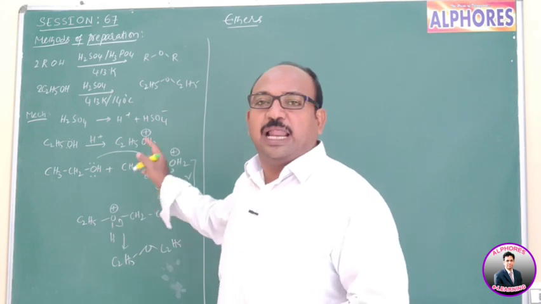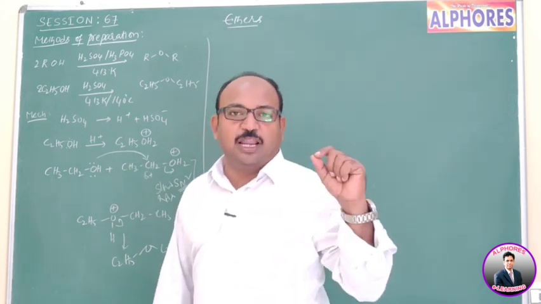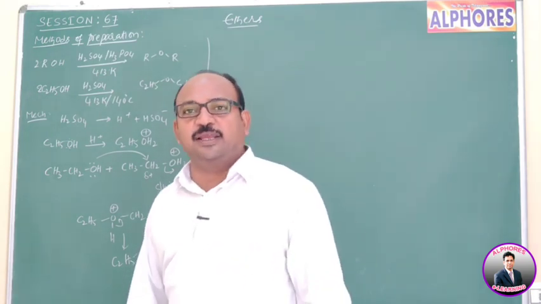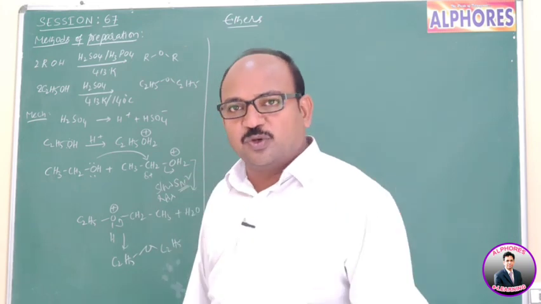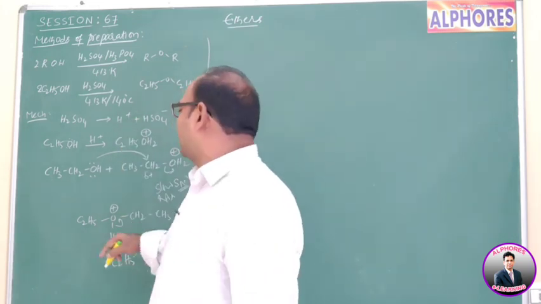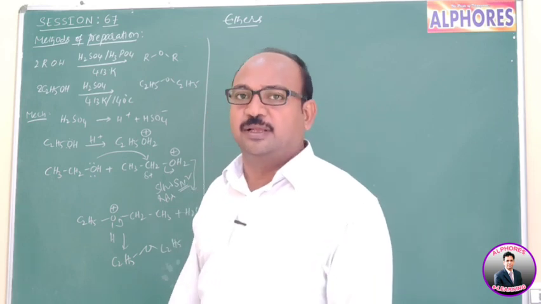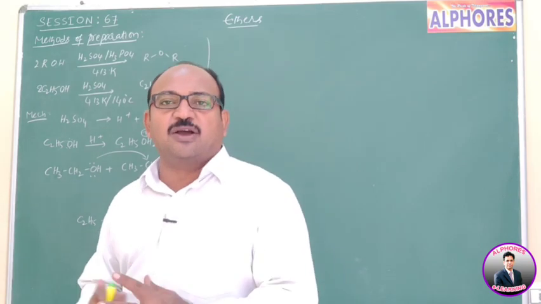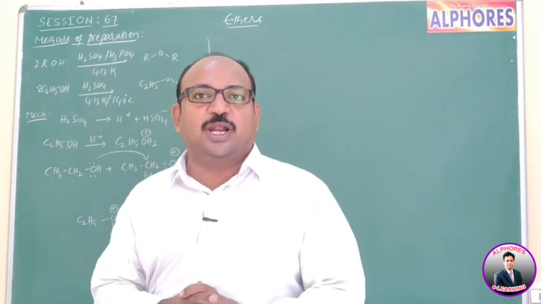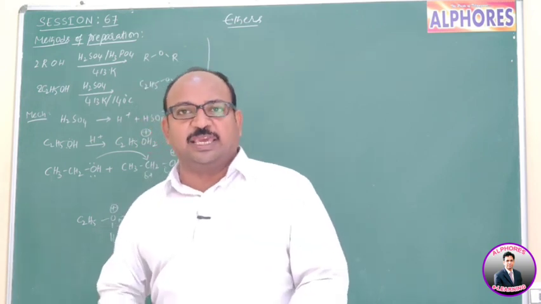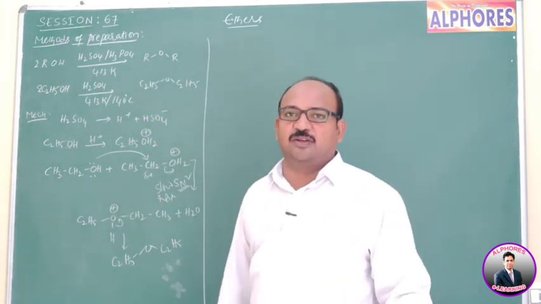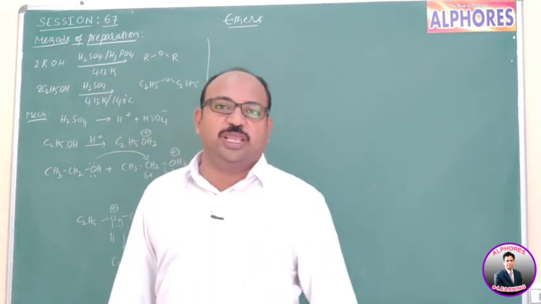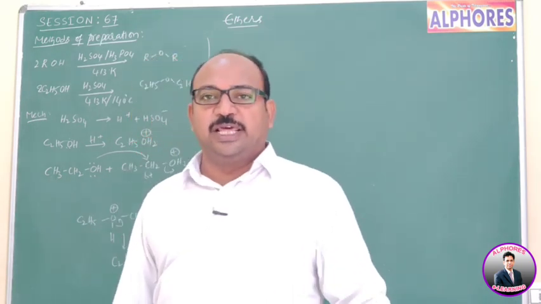But remember that here the alcohol must be in excess. If alcohol is not in excess, then you are not getting ether. Instead of that, you are getting ethyl hydrogen sulfate. That means only the first step reaction proceeds, and after that there is no further reaction. And in the case of ethyl alcohol, it proceeds by the SN2 mechanism. If the alcohol is able to give a more stable carbocation, in such a case, the mechanism proceeds via SN1. Now, for this dehydration, what can we say? Primary alcohol SN2 reaction, more than secondary, than tertiary.